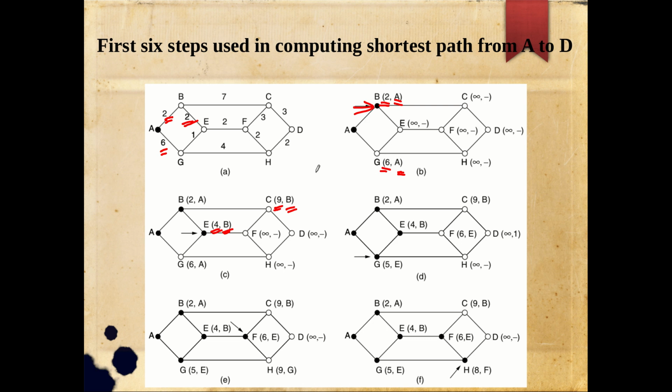Now from the remaining nodes, what is the next working node? So for C it is 9, all others is infinity, for E it is 4. So the one with the minimum distance value, from the temporary nodes or something they are using in the textbook. Other than the 2 processed nodes, the one with the minimum distance value is E now. Now from E, what are all the neighbors of E?